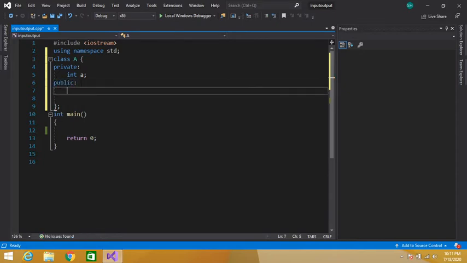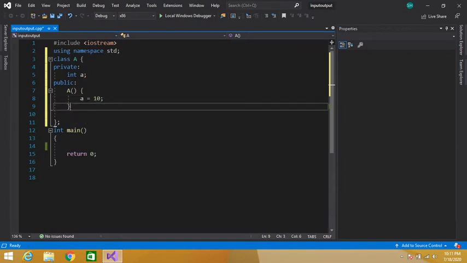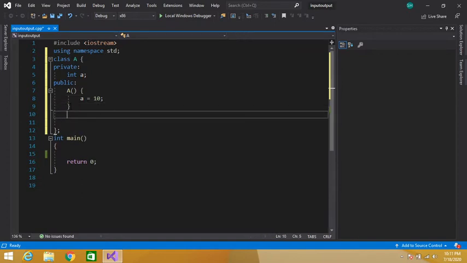So in the constructor of this class I will initialize my data member, as we know that constructors are used to initialize our data members. Okay guys, now we have initialized our data member in this class.